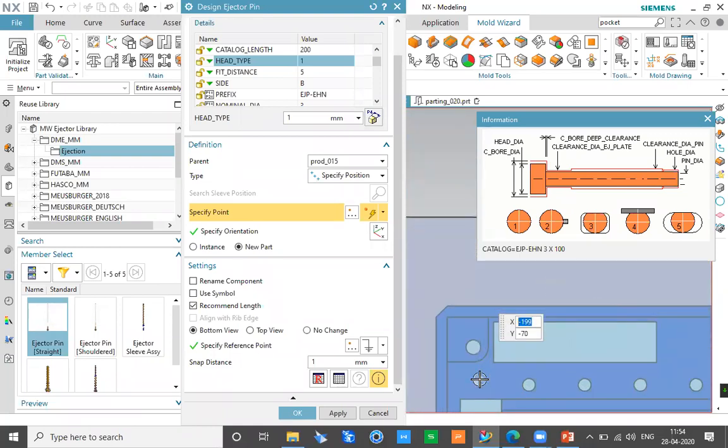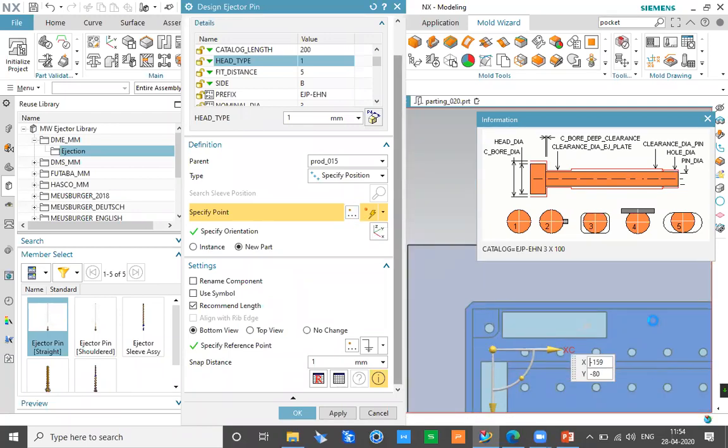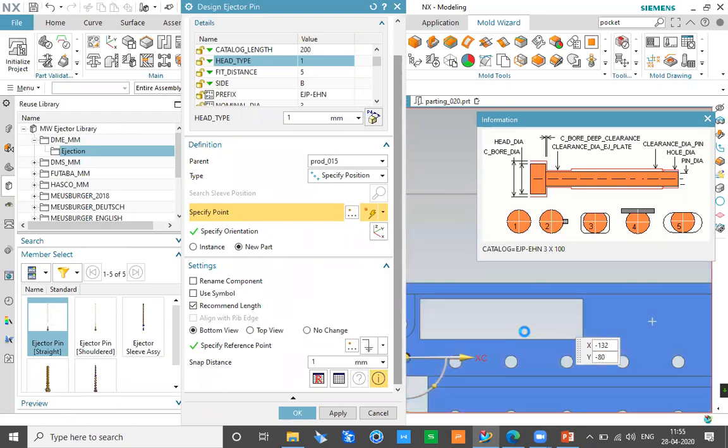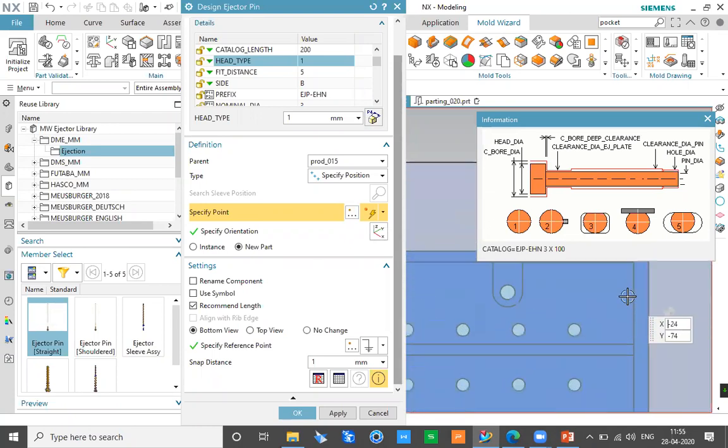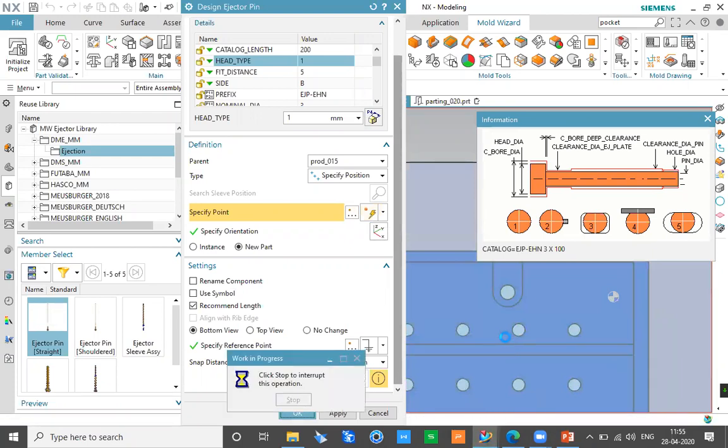This can be done properly with the help of a sketch also. You can create a sketch, or we also have an option called point dialog wherein we can define proper coordinates for the ejector pin to be placed. And if you want to define some sort of distance from the product side and everything, you can define those distances as well. Now, the best part about this particular example is that once after placing all the ejector pins, I can click OK, and all the ejector pins will be properly placed. Not only for this cavity, but also for the other cavity as well.